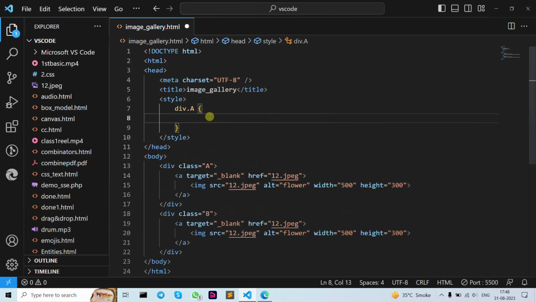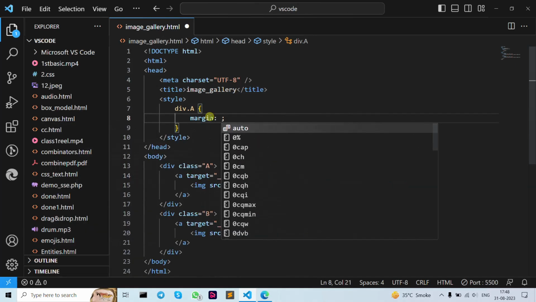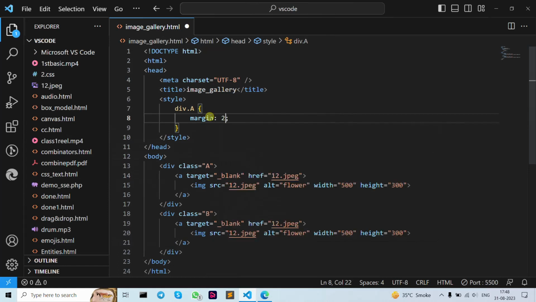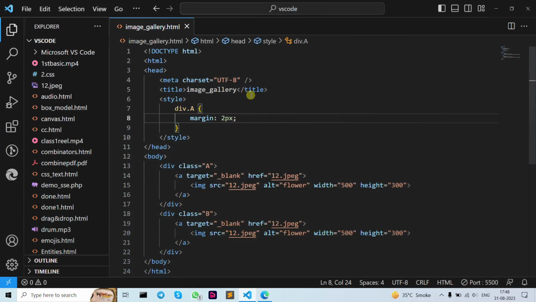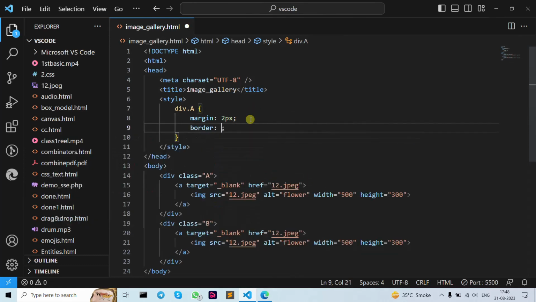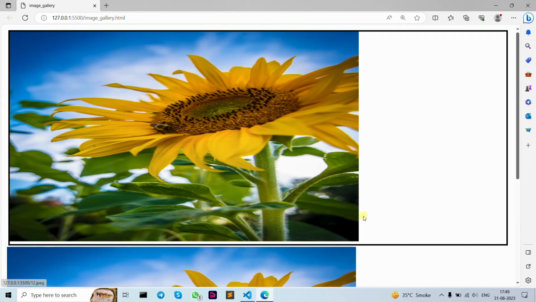Then let's give it margin and padding. I give it margin as 2 pixels, or whichever you want. Let's see how it looks. As you can see, the margin is here. So that is how it is. Now let's create a border as 2 pixel solid gray. Then save. As you can see,